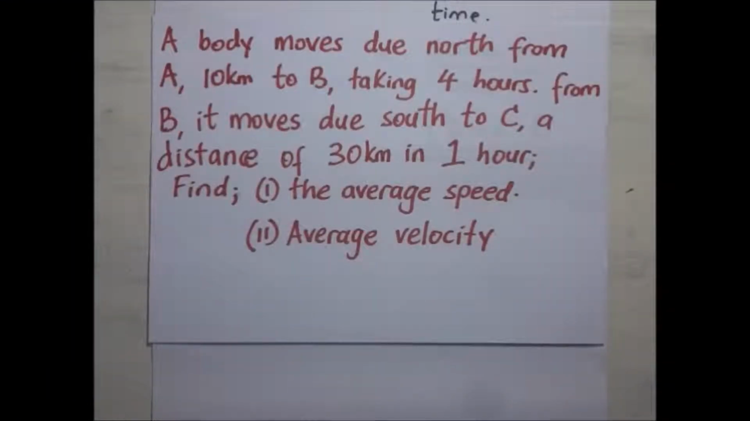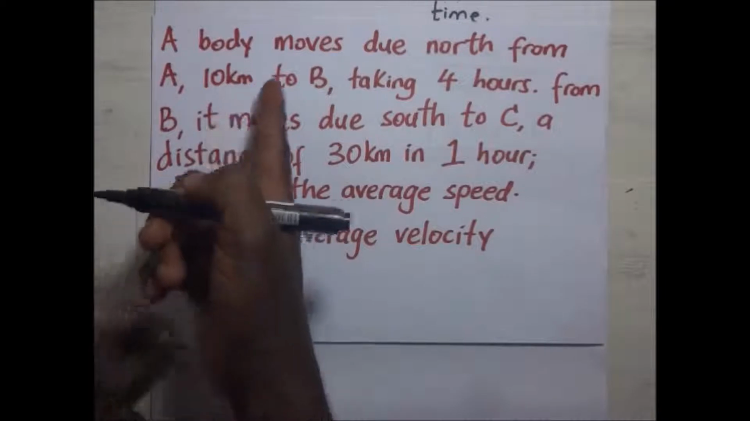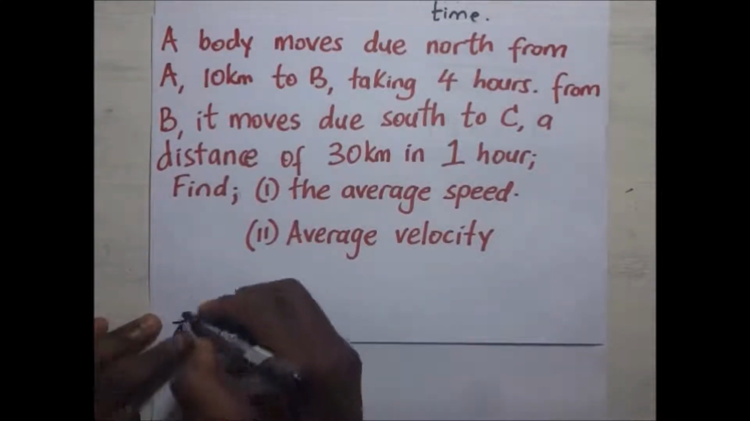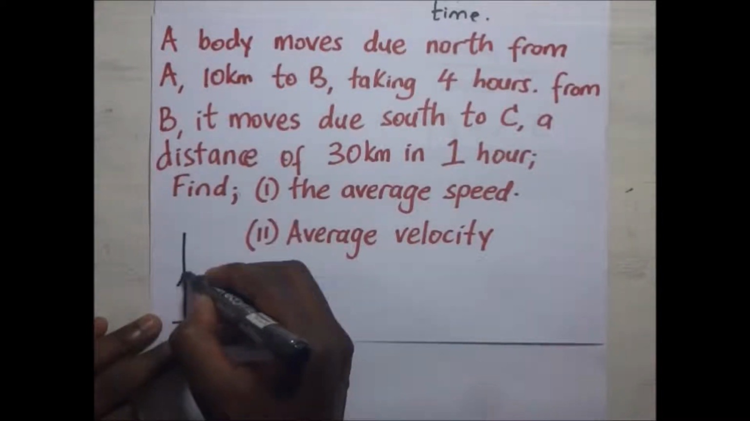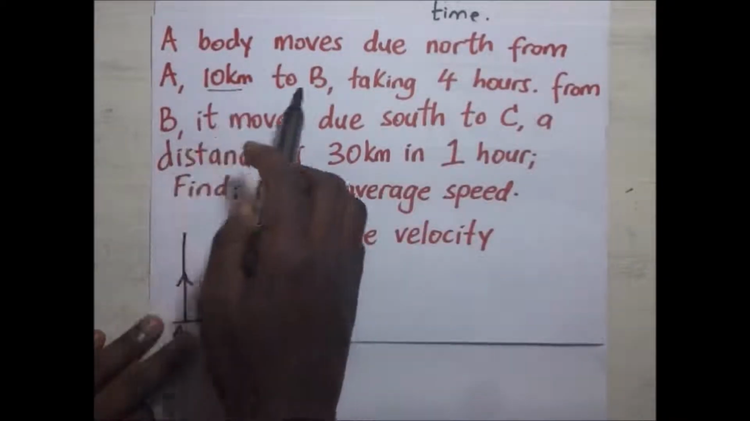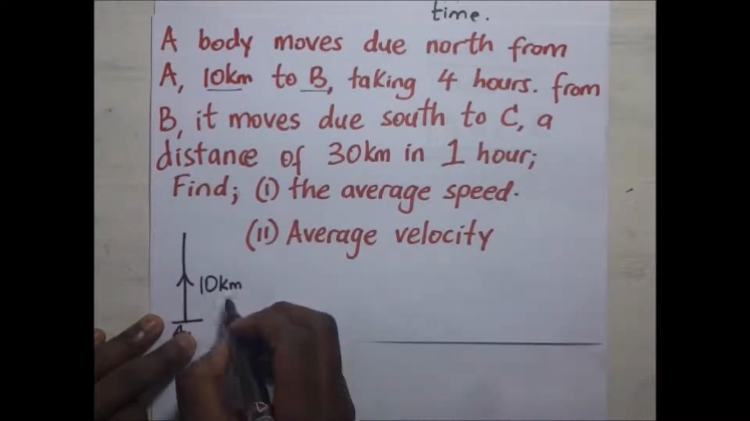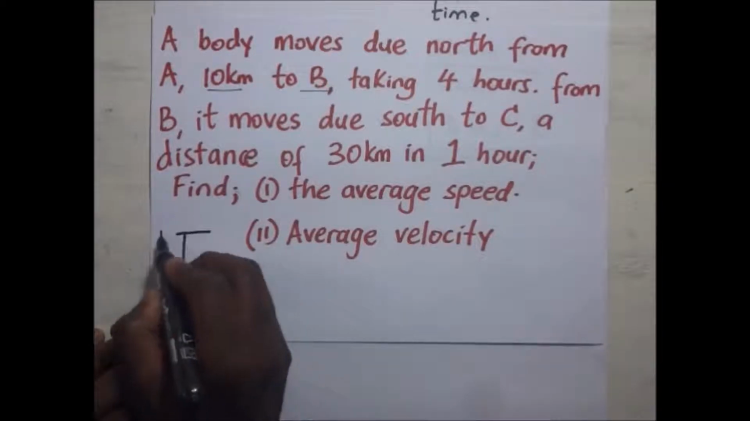Let's try and work out this example. Still, we're trying to illustrate how average velocity and average speed differ. A body moves due north from A, 10 kilometers to B. So we'll summarize this question right away with a diagram. We have a body here, moving due north from A. So if this is point A, this body is moving up due north 10 kilometers to a point up here we're calling point B, traveling a distance of 10 kilometers